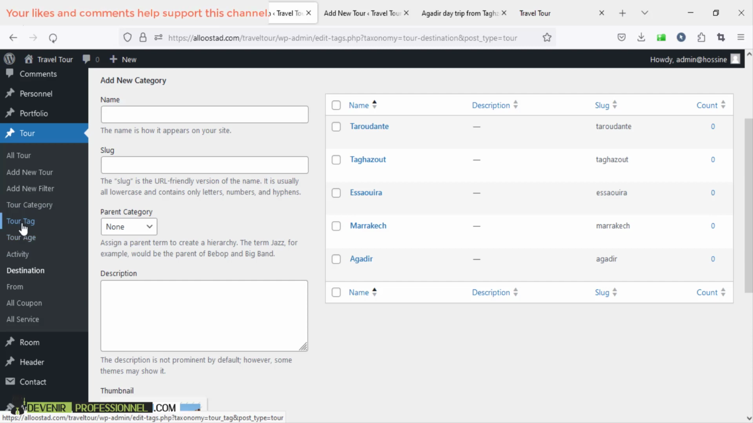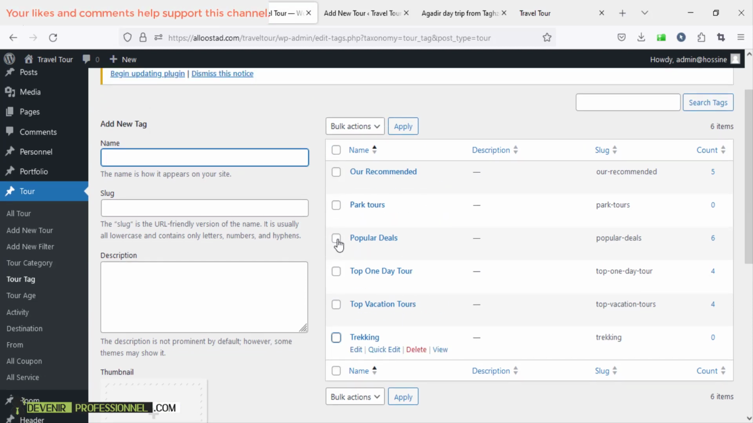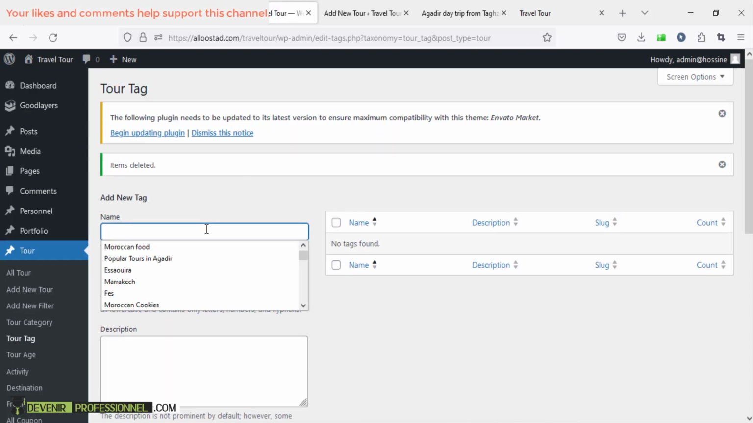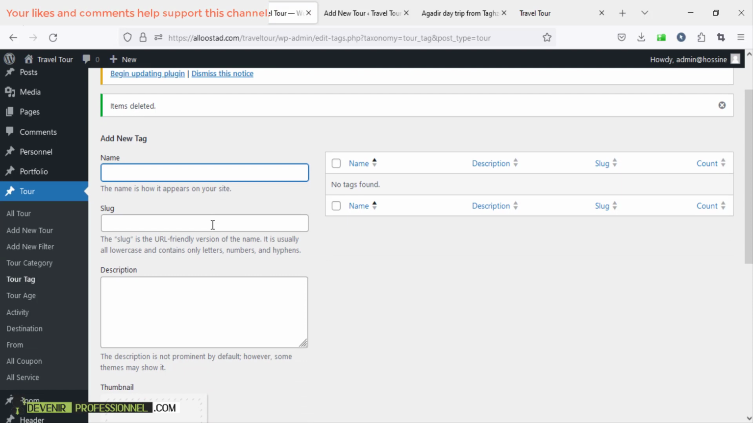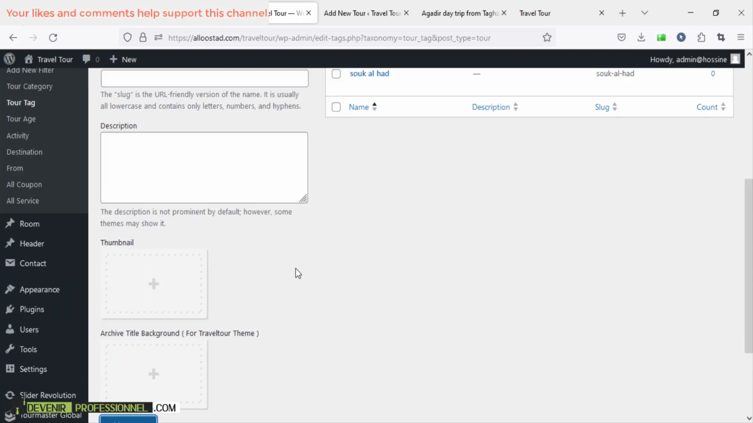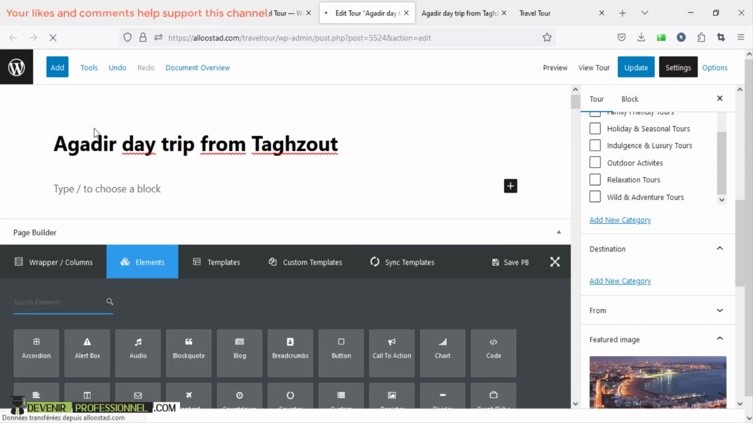For the tour tags, click on tour tag. Here you can just delete this. For example, in Agadir, I can write سوق الحد, because this word is used by tourists. Casbah. So you need to add the right tags here, because we are going to link them to the tour. So if I refresh my page now,